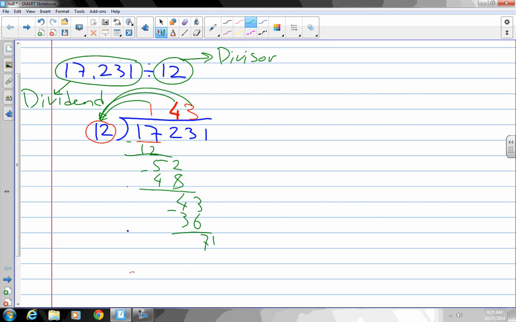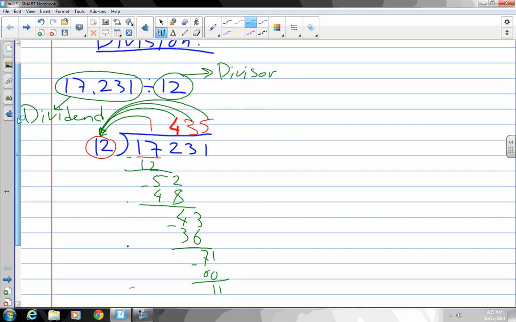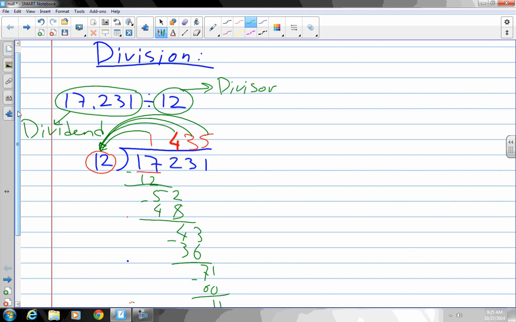And how many times does 12 go into 71? 5. So again, multiply 5 by 12. That gets you 60. And you subtract again, 11. Right? So what that means,